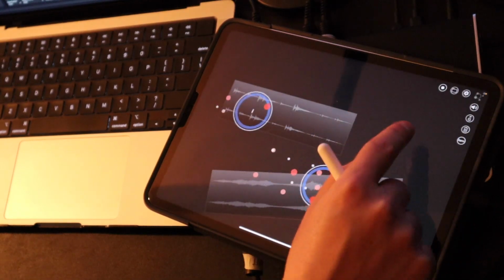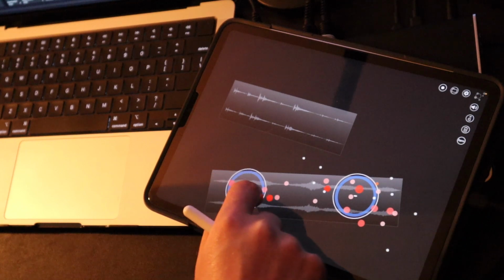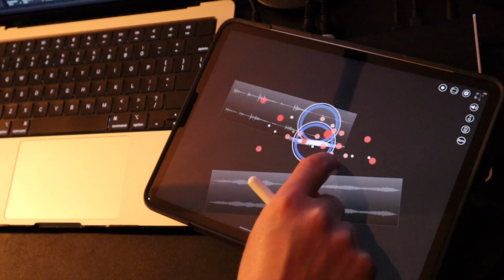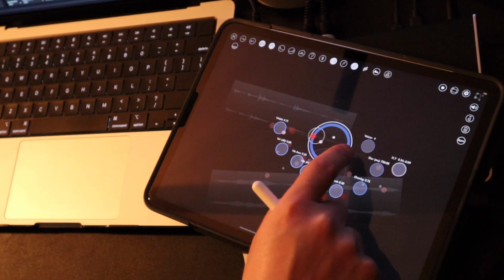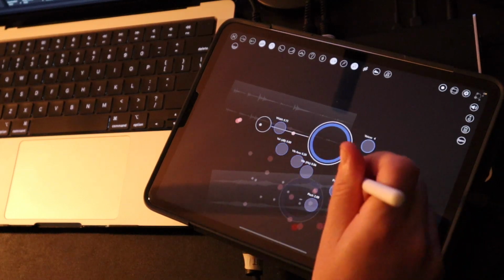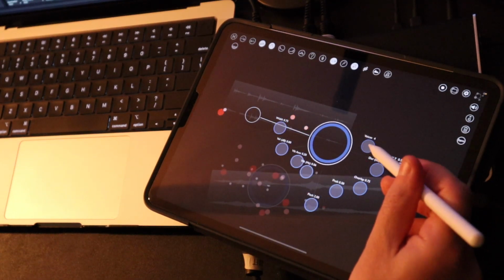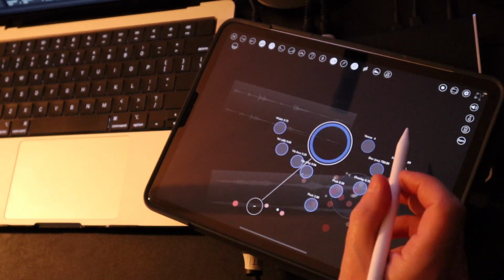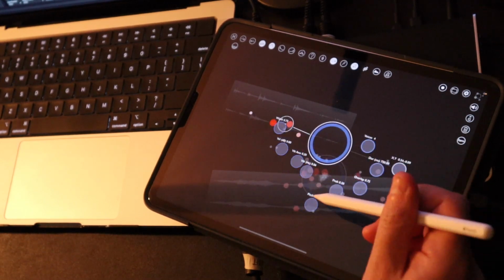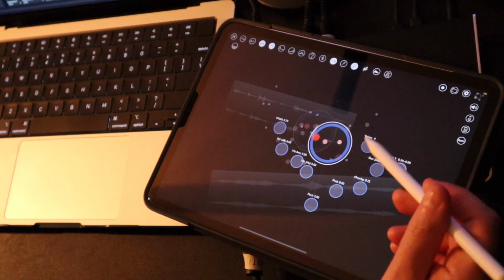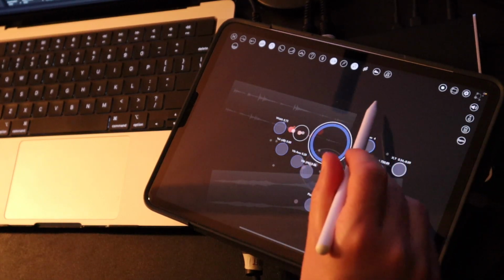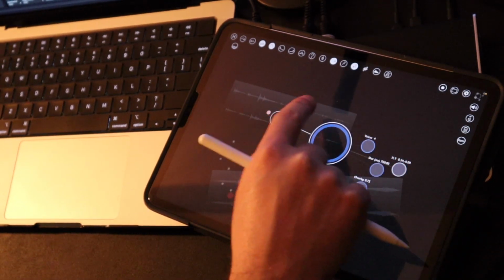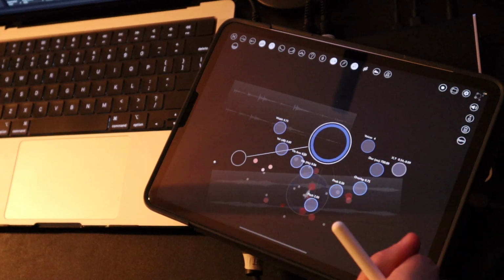I also really like the Borderlands Granular app. You can see it's designed around loading or recording live input samples into the app, and then you design these floating orbs with a bunch of different effects like probability, overlap, voices. It's a granular synthesizer, so you set up the parameters of the grains and the playback that you want. You can set pitch from an octave up to 4 octaves down or something crazy like that. And so it's really easy to come up with some wild sounds. I have 2 samples loaded in here, a piano and strings,